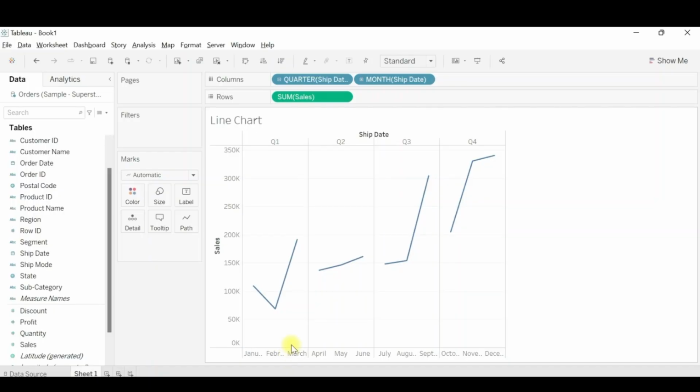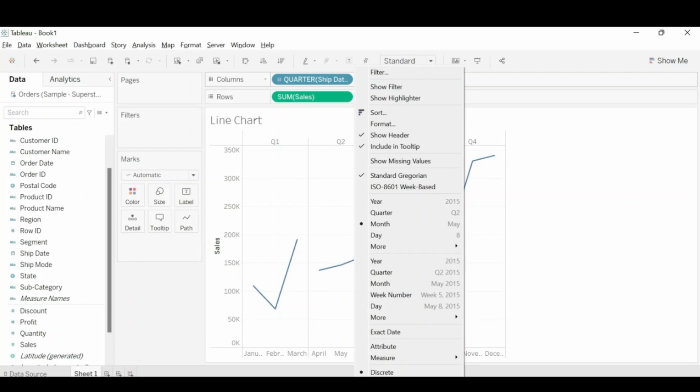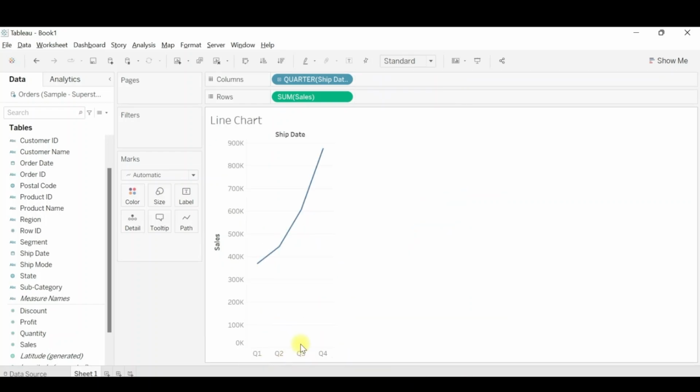So now how you analyze this: for all the years, for quarter one, for the month of February, the sales is 68,546. So this means the data is aggregated on the yearly level. The same can be applied if I remove month. I have only the quarter data. Similarly, you can do it for the month.